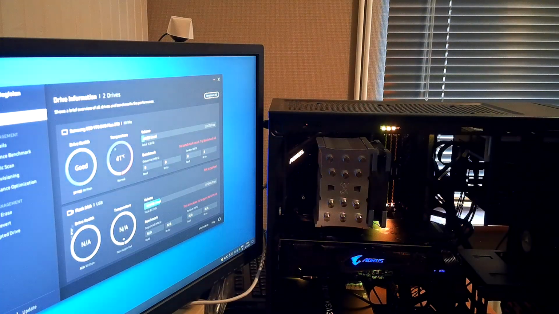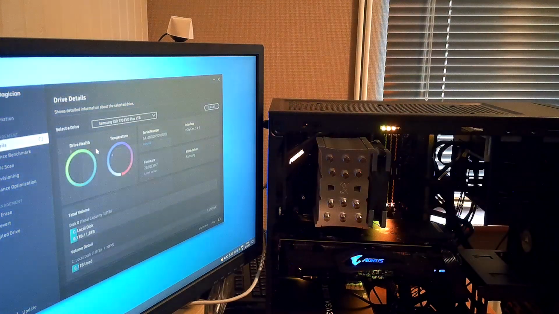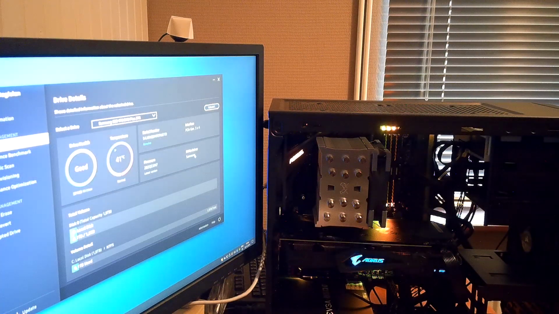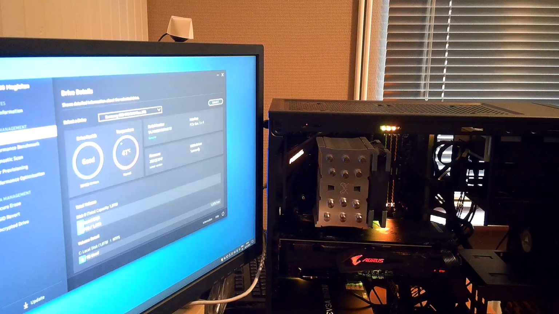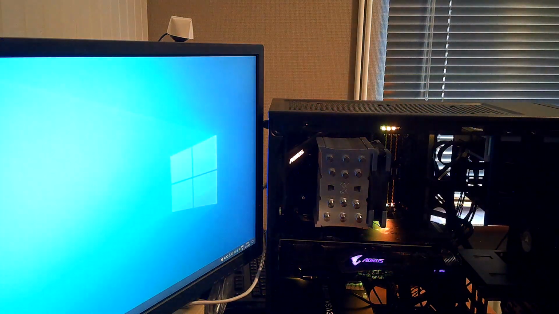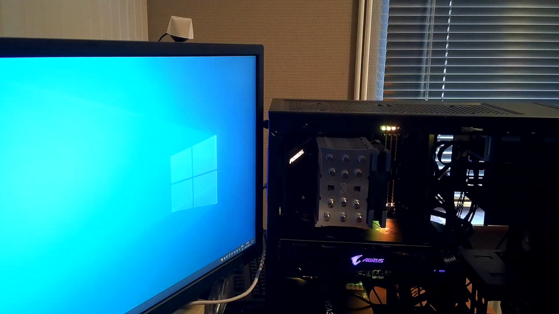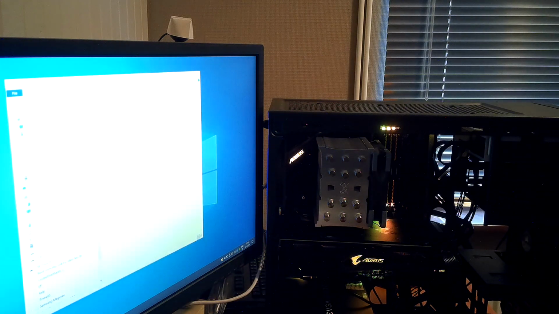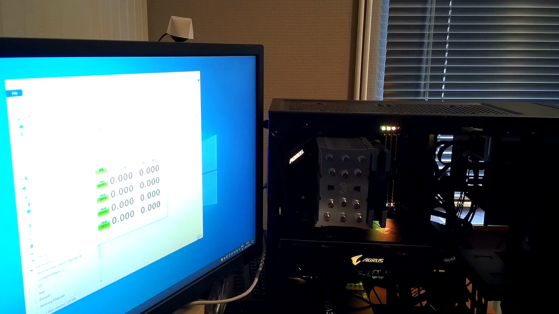Yes. And we go to drive details, and the NVMe driver is indeed Samsung. Okay. Now we start CrystalDiskMark, and we go and test the C drive.